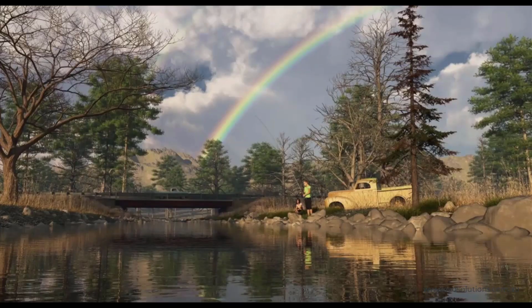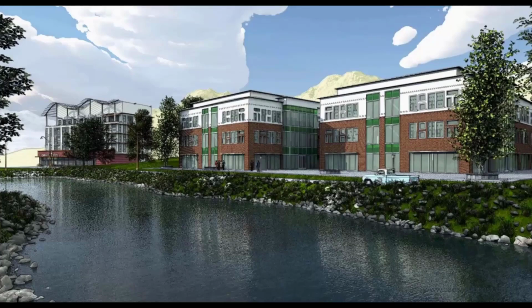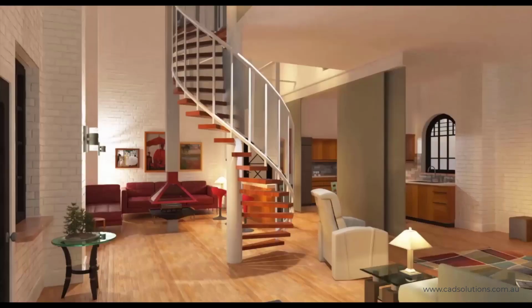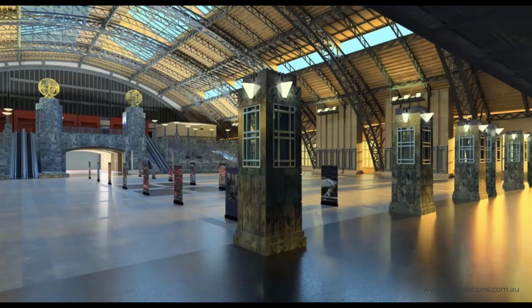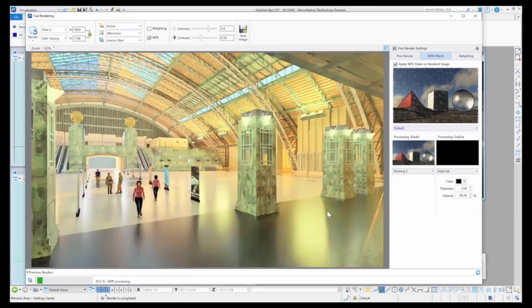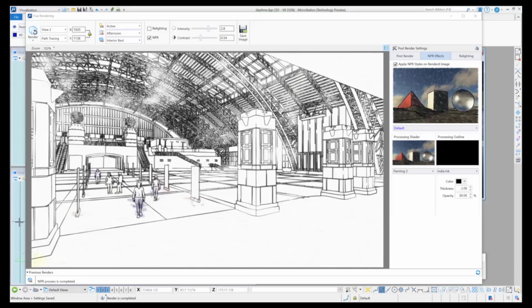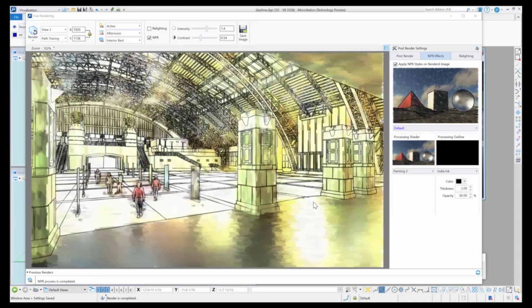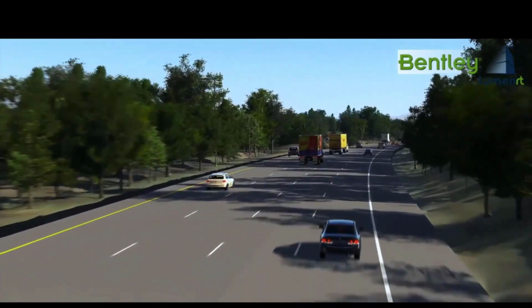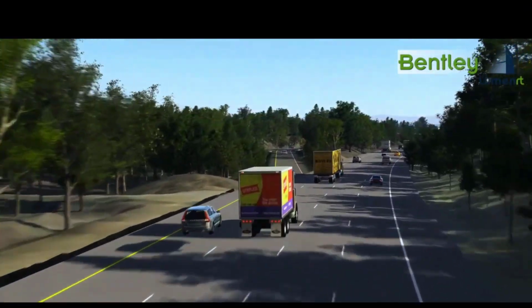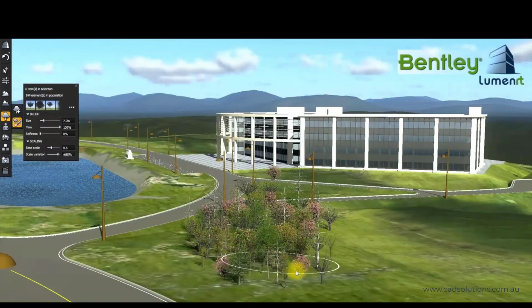MicroStation Vue comes with ready-to-use quality presets, making the rendering experience simple and painless. You will be able to perform post-render options to tweak your image after it has been rendered, for relighting and to apply non-photorealistic effects. In addition to MicroStation's built-in capabilities for producing lifelike movies and renderings, every user now gets